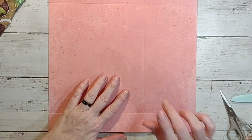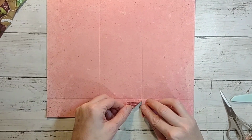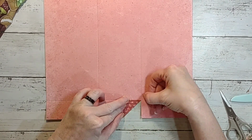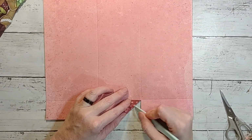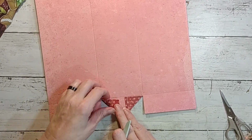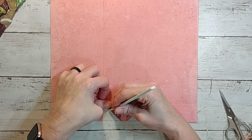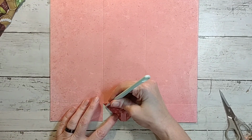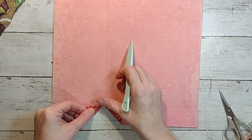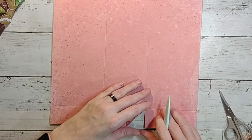Okay, so now what I want to do is take this middle flap and I'm just going to bend the corner end until it's even. And I tend to take my fingernail, but you can take your score tool and just bend it down really good. And you're going to do the same thing here. And then on these 2 flaps, you're going to do the same thing on this one corner. So you're going to bend it down,